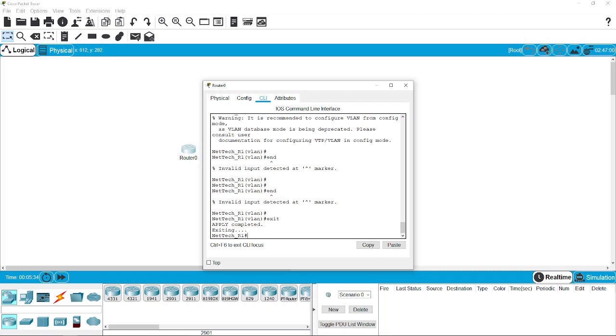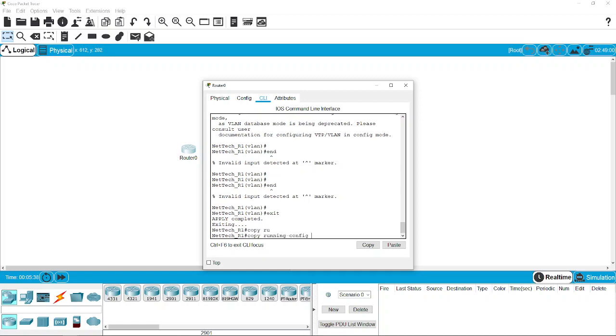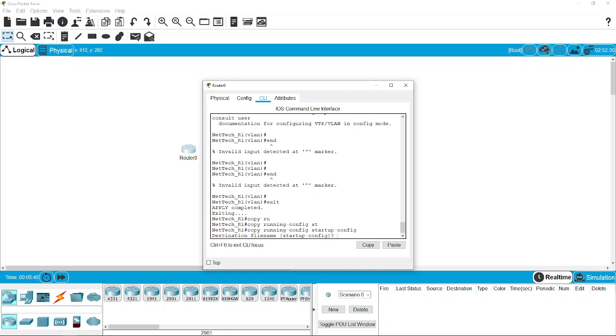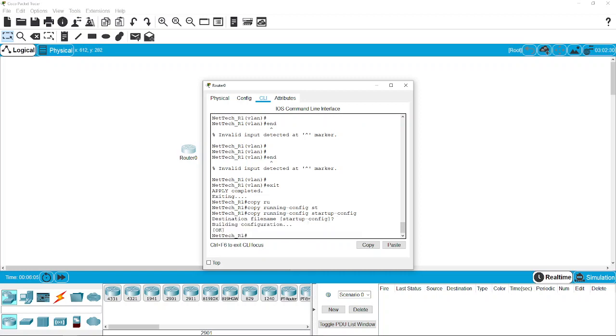If you want to save the configuration that you just made, you run this command: copy running-config startup-config. Basically, whatever is running, you want to save that. When it asks where you want to save the file, you just hit enter, because you want to save into the same file where you have the saved configuration when the router starts up. So hit enter,